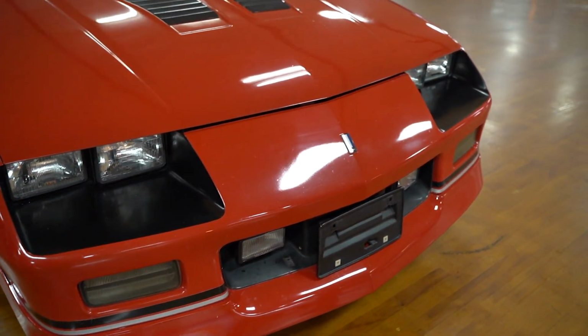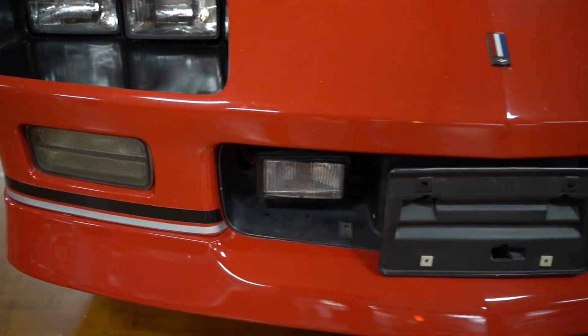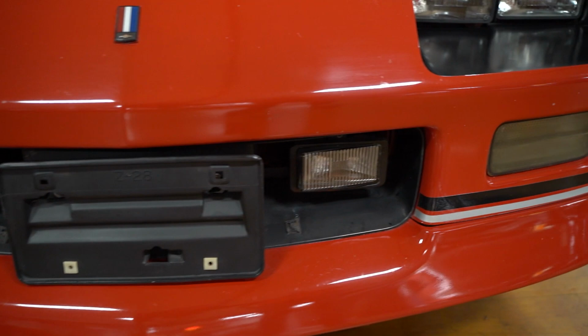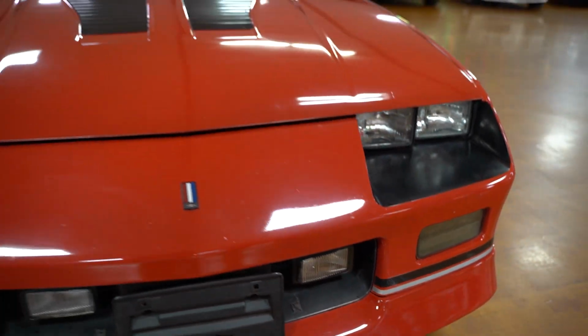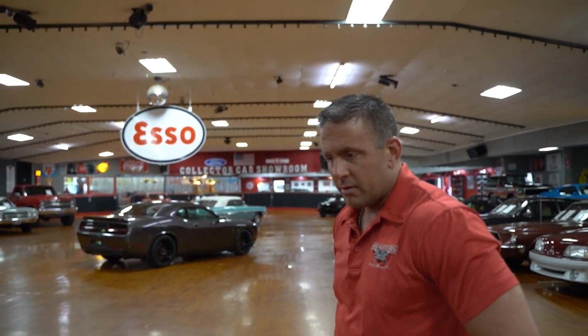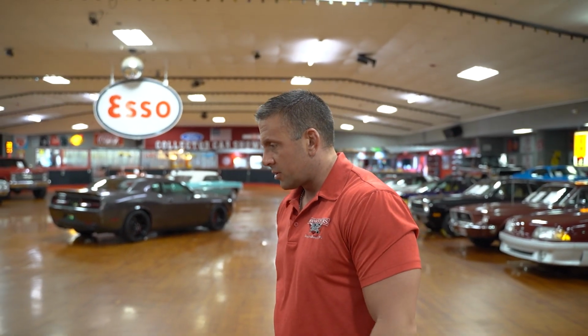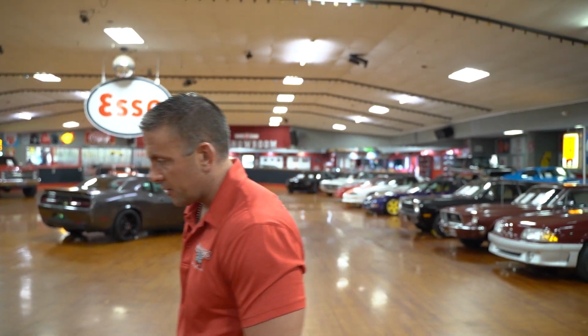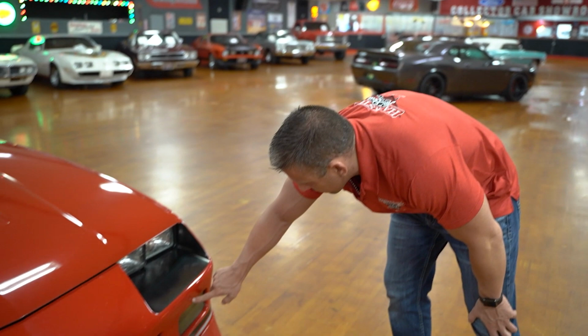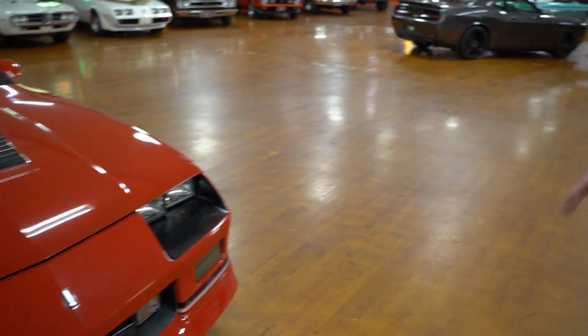So even on the lower fascia here, if you want to get a lower shot there, that thing sits real nice and low to the road, and there's no stone chips or anything like that down low. I shouldn't say no, there's very minimal. I mean, standing here looking at it, there's not too many you can really speak of. Maybe a handful, like there's 2 or 3 on the driver's side, but really overall, really nice condition